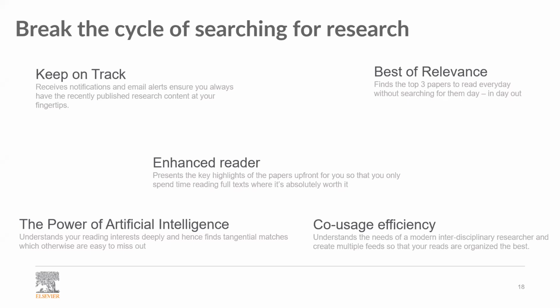Another feature, I need the co-usage efficiency to be as high as it can be. And what exactly does co-usage efficiency mean? It means that I need the smart tool that I use to find information to have a variety of resources.